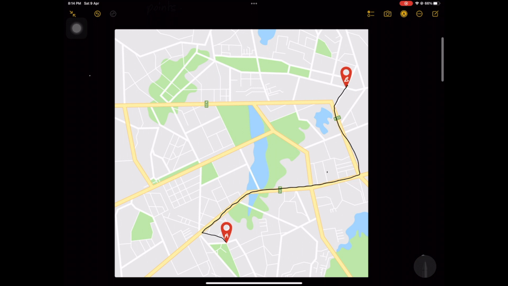Now there are multiple turns over here. So when I'm over here, I have a choice to go here. When I'm here, I have a choice to go here. When I'm here, there's a choice for here. There's a choice for here. So whenever this path is branching, whenever I have a choice as in where to go, all these points